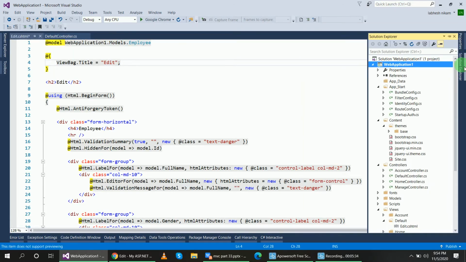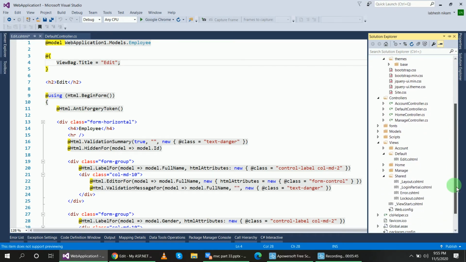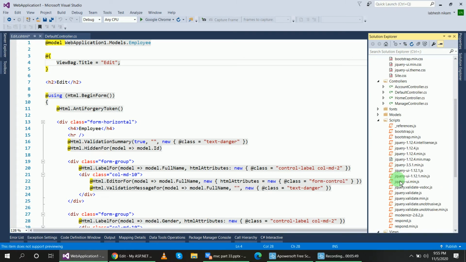You can see here in my Content folder there is jquery-ui.min.css for the theme, and inside the Scripts folder there is jquery-ui.min.js. We will use both of these to display the calendar, and before the JS file we will add a jQuery file, this jquery-3.5.1.min.js.